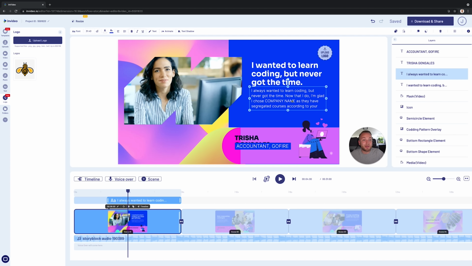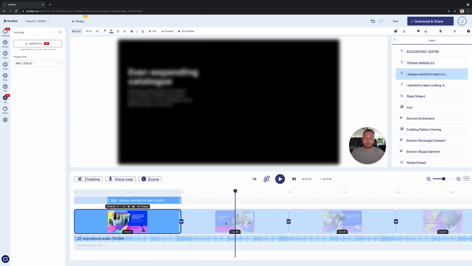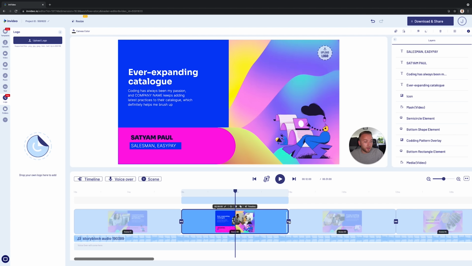So if we want to edit this piece of text here, for example, we can just double-click that, and here we have all of our formatting things at the top. So we can change the font, we can click the drop-down, and we can scroll through a whole bunch of different fonts that we can use in the software. Cool. We have our timeline at the bottom, very similar to any other video editing software,